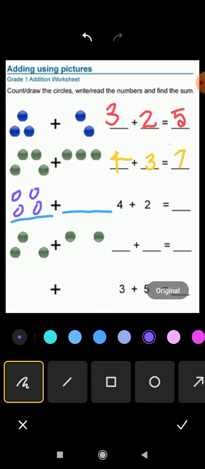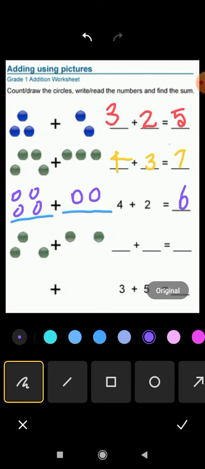On the right side, how many balls are you going to draw? Good. How many balls? Only 2 balls. Then after the equal to symbol, you are going to add those two groups. So we count, ma: 1, 2, 3, 4, then 5, 6. So how many total balls do you have? 6. You are going to write the answer 6.